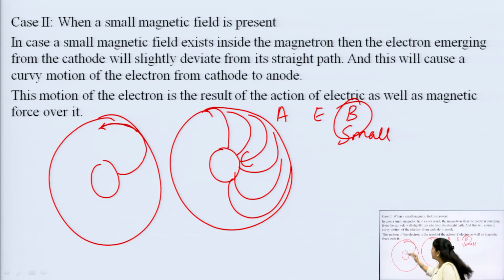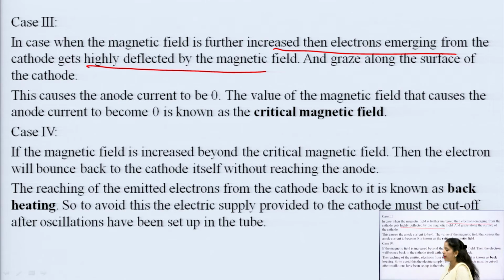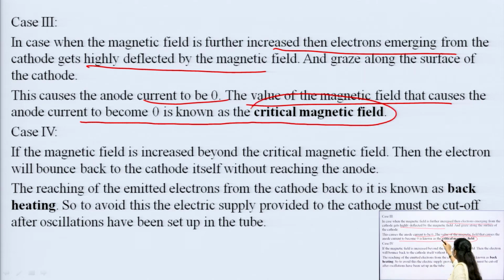This is called the condition of grazing, and in this grazing condition the anode current is 0 because the electron is moving away from the anode after grazing the anode circle. So, the value of the magnetic field that causes the anode current to become 0 is known as the critical